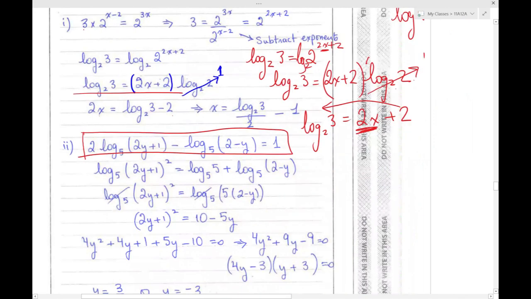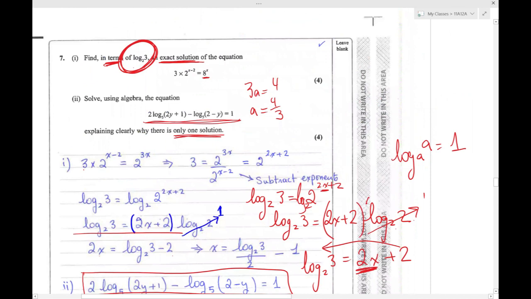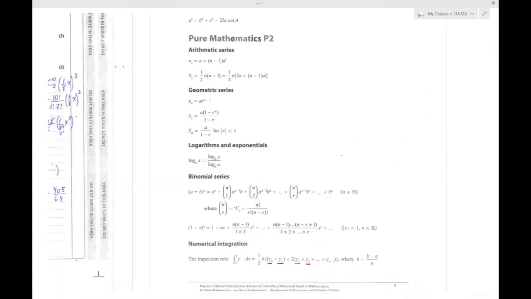So we start with the rules. You have to know the rules, okay? You have to know the rules. They will not give them to you in the formula sheet. Let me go back to the formula sheet. With respect to log, they will only give you this, which is the changing of the base. Other than that, you should know all of the other laws of log, okay? So going back to our example,